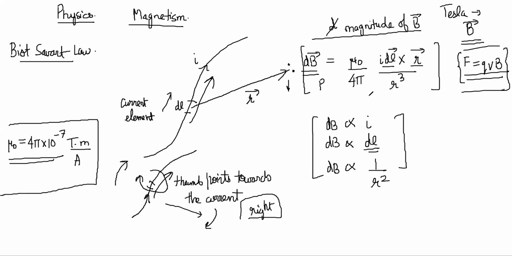There are two cases? No, you can think of it in one way where you are thinking of it like the vector product of two vectors. So IDL like this, one vector like this. Cross product of these two should come downward. And the other way, it's coming inside the plane. It's not down, it's inside.